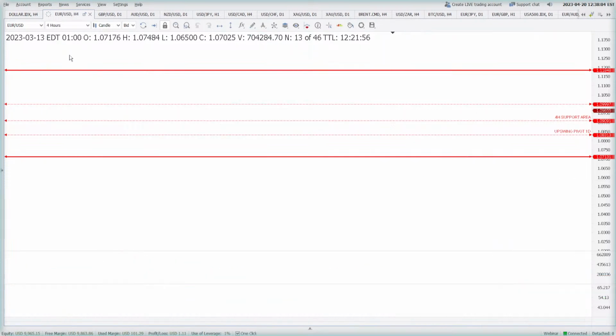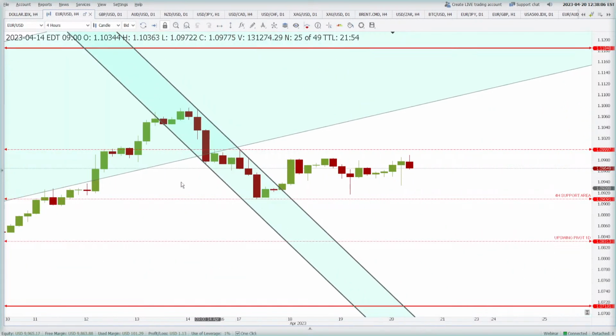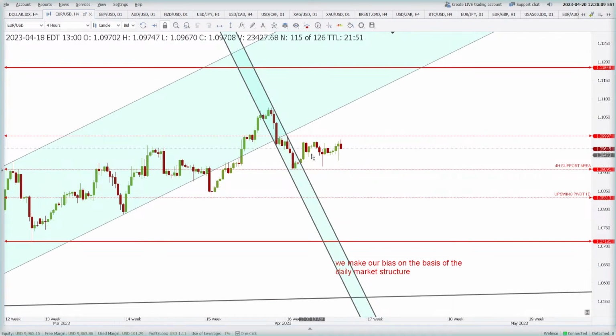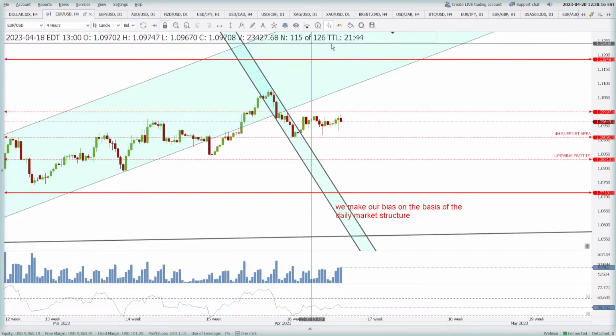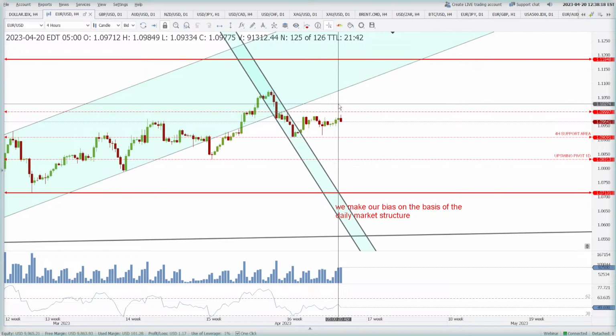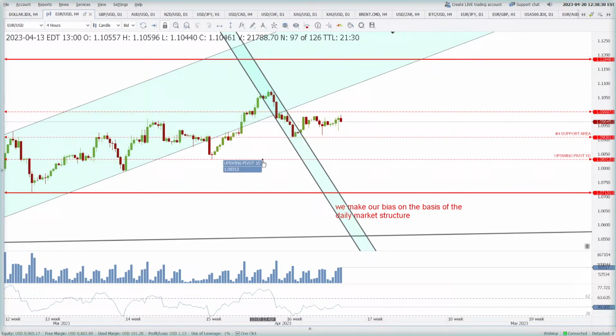So 4 hours, yeah, this can be treated as accumulation, because you see every time the price is trying to go lower, it is being bought back. So yes, this may be an accumulation, and looking at the volume, it looks like an accumulation. I'm sorry, MG, this looks like an accumulation. I think you can keep your stop loss below 1.0909. That will be a good stop loss, because in case that breaks, you don't want to stay in this market, right? So 1.0999 is the resistance, 1.0909 is the support still from yesterday.